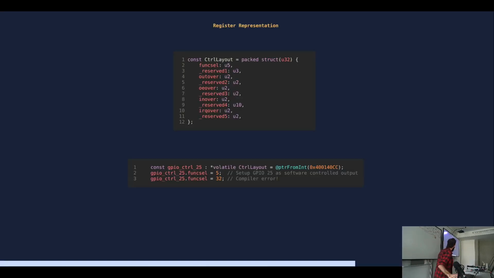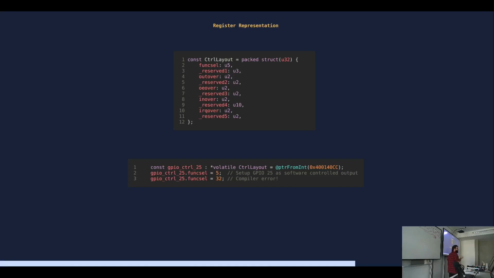Now, how does Zig fare? For starters, it can do basically anything that we have seen so far in terms of raw pointers. It has a volatile marker to ensure that read and write accesses are not mangled with. And it has, of course, pointers and so on. But Zig also has a precise representation of memory down to single bits. You can create a struct, specify exactly how big it should be, and for every field, specify exactly how big they should be, in terms of arbitrarily